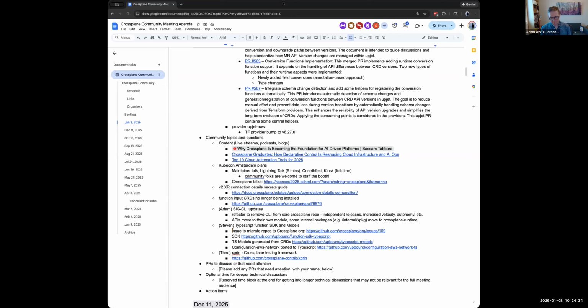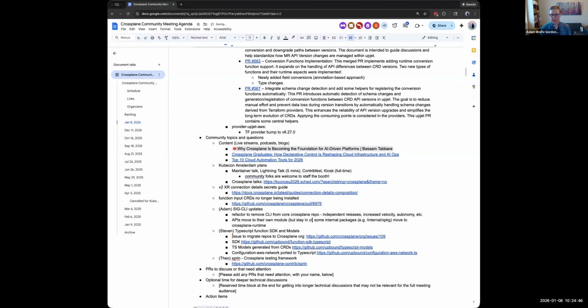But the first step is just to create a separate Go module within the same Git repository, the core Crossplane repository, and move some things around and make it so that the dependencies go one direction. So this means the APIs can no longer depend on internal Crossplane stuff, which logically they shouldn't anyway, although they do today.